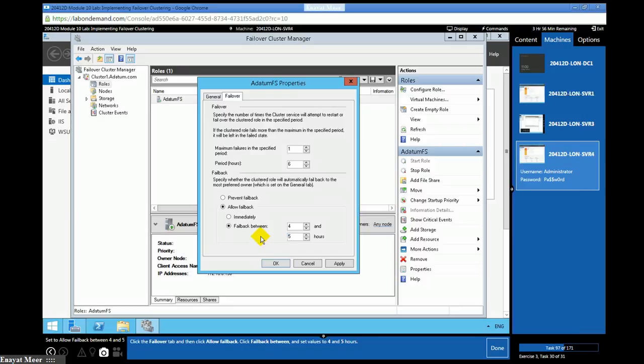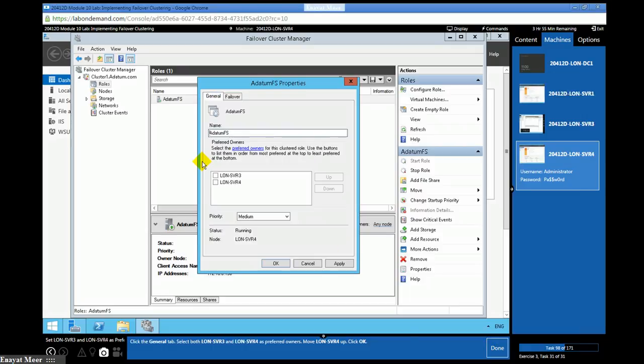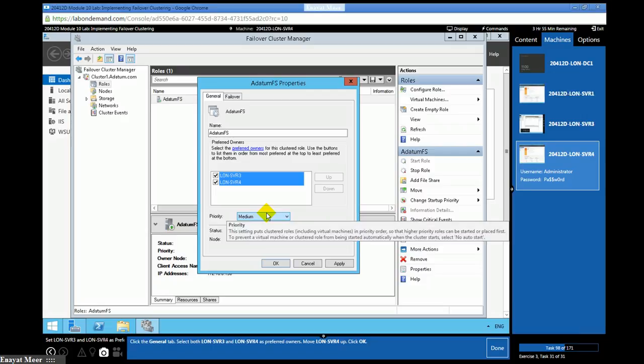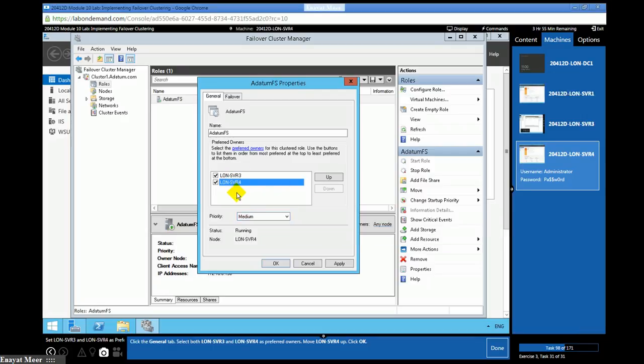So we can set a value of 4 to 5. And you're going to select both servers, SVR3 and SVR4. So you can move SVR4 up, and just click OK.